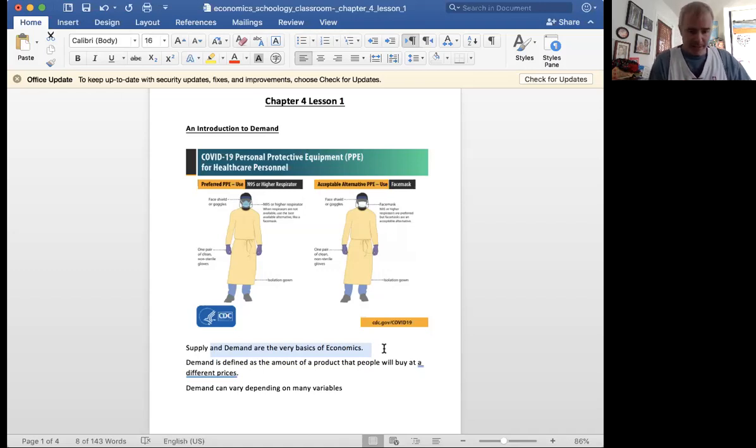Let me just start and say demand is defined as the amount of product that people will buy at different prices. And I'm going to really try and focus in on the fact that this is connected to the people. We're going to find out that supply is mostly having to do with the producer side of the economic ballgame, where demand is now the consumer side of the economic ballgame. And the question is, what's popular, right? What is demanded by the people? What do the people want to buy?